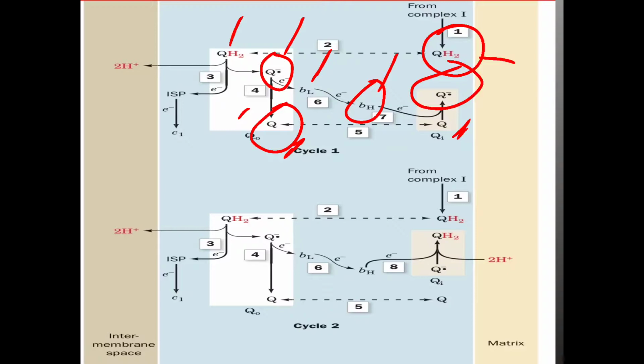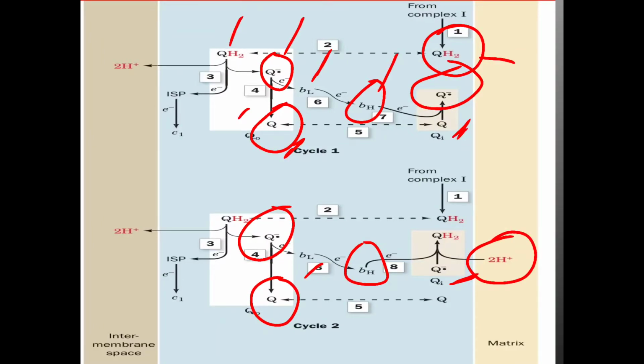So what will happen in the next step, with the semiquinone that has formed? Now in the next step, what will happen? It is the same thing from here, but the semiquinone that has formed helps in moving the electron towards Bl and it will form the simple quinone, and then towards BH. And then this electron, when it is moving towards a semiquinone form, because we have another semiquinone form here, it also helps in receiving the 2 H positive ions from the matrix region, which get combined with the semiquinone form, and electrons are moving from the BH. It will lead to the formation of